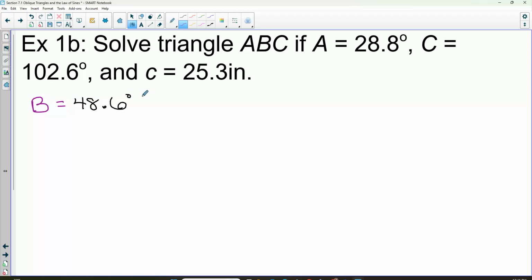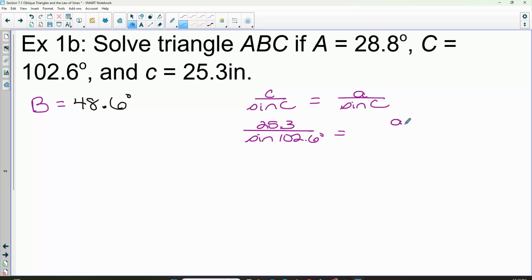Did everyone get angle B to be 48.6 degrees? For my ratio, which angle-side pair do we have? C. So I'm going to have to use the C over sine C. So if I want to find A, I could say A over sine A is equal to C over sine C. So if we plug in side C, 25.3 over the sine of 102.6 equals, I don't know, A over the sine of 28.8 degrees. So if you multiply it over,